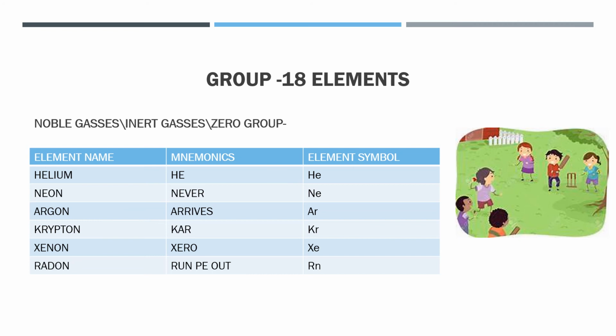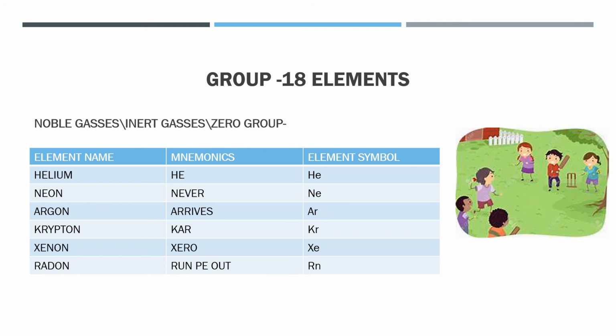So let's visualize a picture where a group of kids are playing in the garden area. They're playing cricket. There is a batsman who always comes late, and whenever he comes late, he always gets ducked out. So he gets 0 runs in it. So that's an easy way to remember.